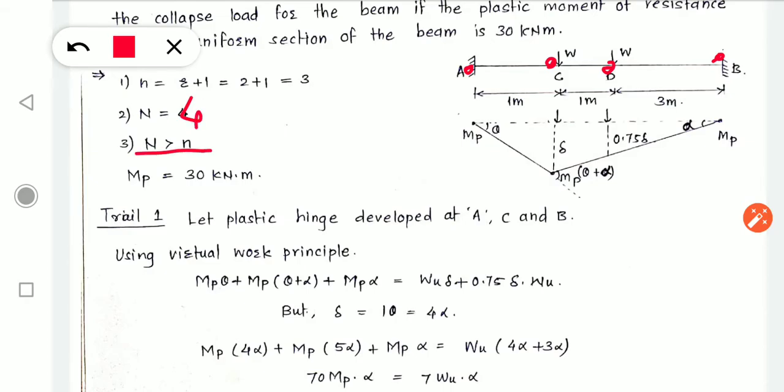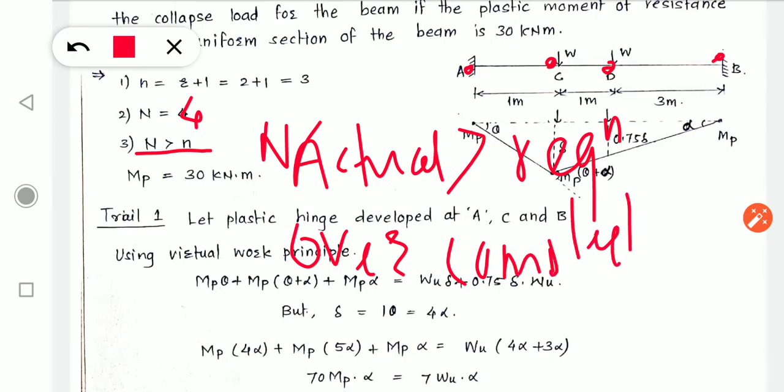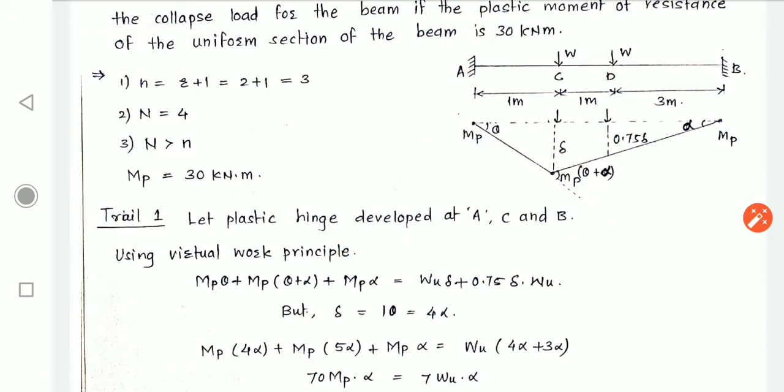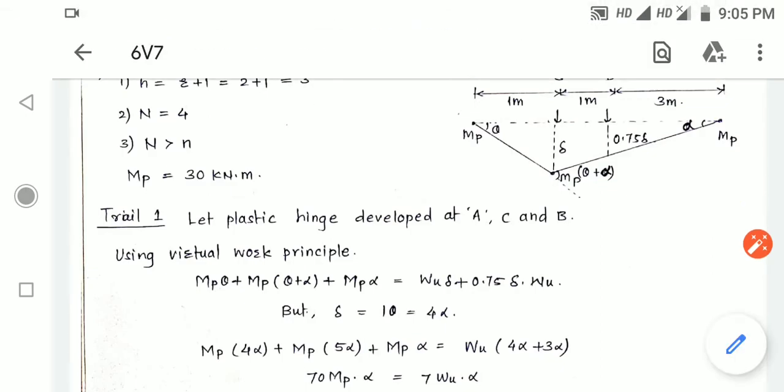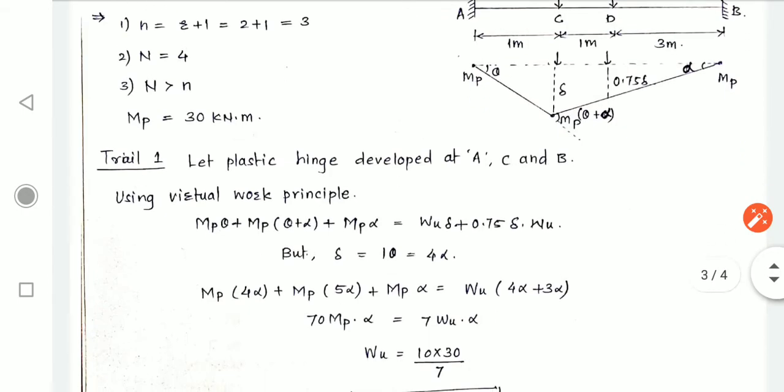Therefore small n is greater than capital N, meaning the actual number of hinges is greater than the required. It is an over-complete collapse mechanism, it is going on the overside. Okay, so we are going to do trial. Why are we doing it on a trial basis? Because see,